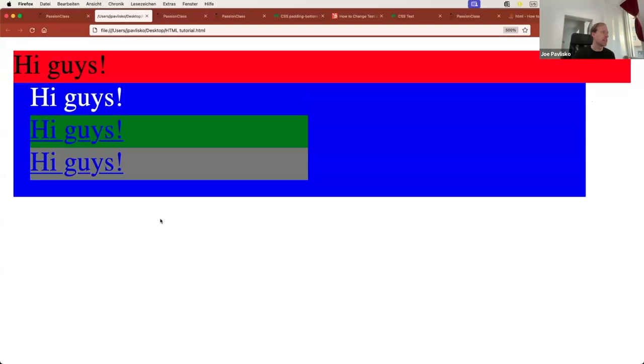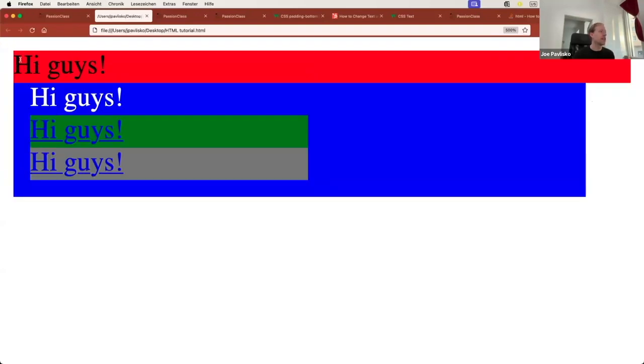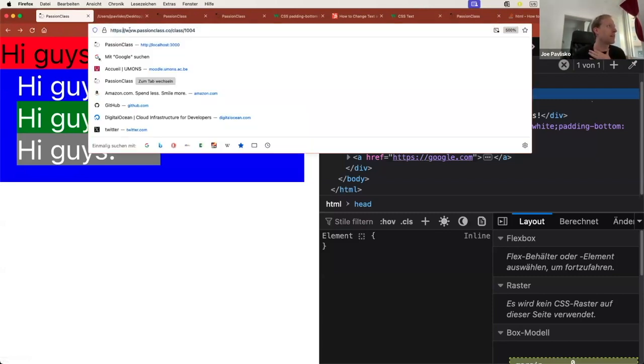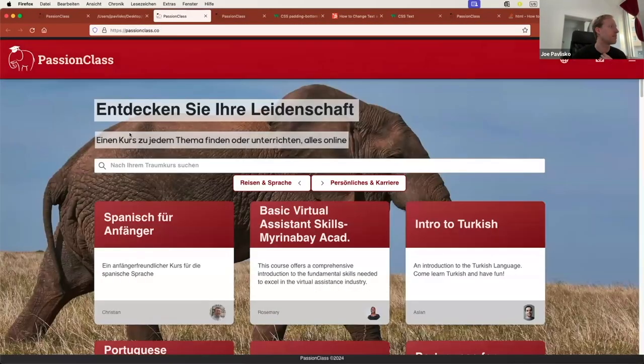It's zoomed in. That's why it looks different. And as I mentioned, now it's truly using the browser defaults. I'm sorry about that. So here, you're actually getting, because I started at passionclass.co and started editing directly from passionclass.co, some like this font is actually coming from, this